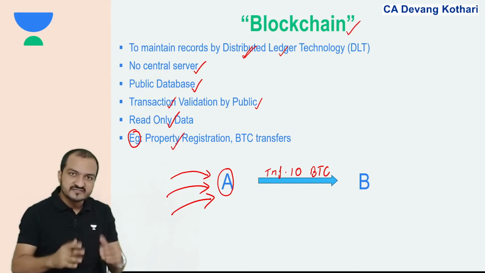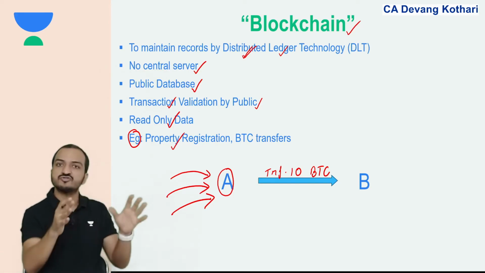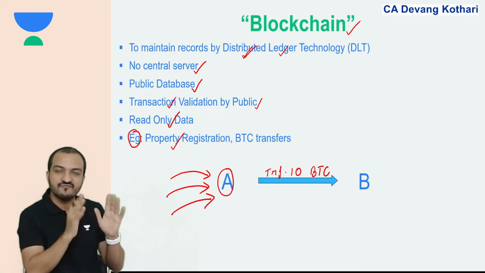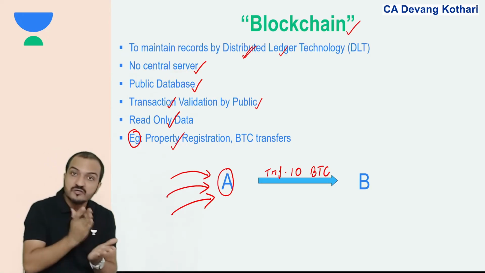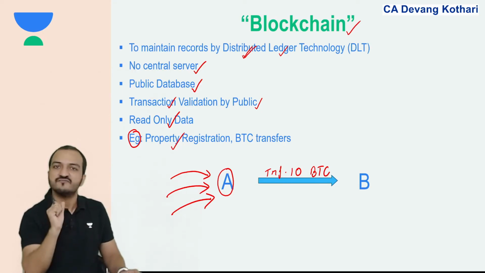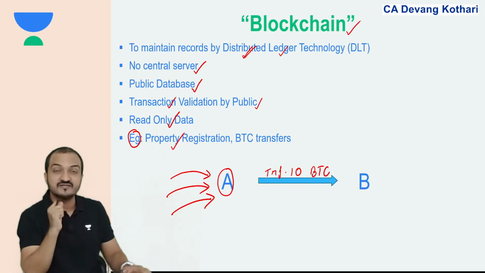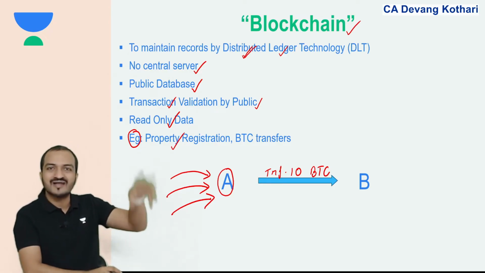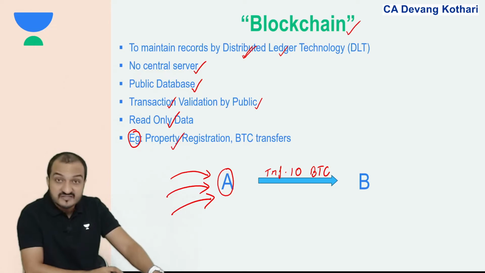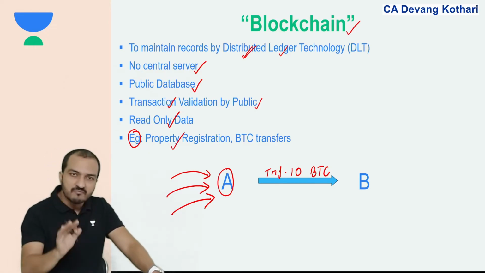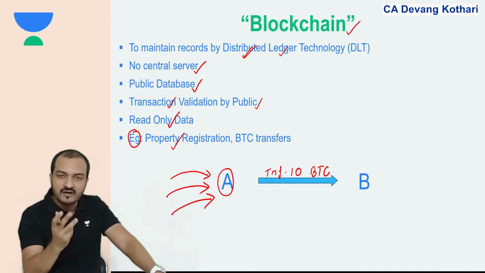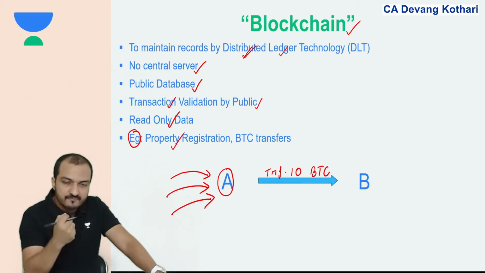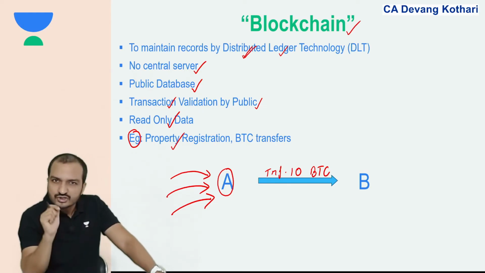Plus, you need consensus from all the members of the blockchain. It's not that one person will validate and it will be considered as a valid transaction. No, when all the people validate, then it is considered as a valid transaction. So there arises a need to have a consensus among all the members who are checking the transaction. Consensus means if all the members who check the transaction come to a common conclusion, everyone's opinion is the same, only then it will be considered as a consensus.